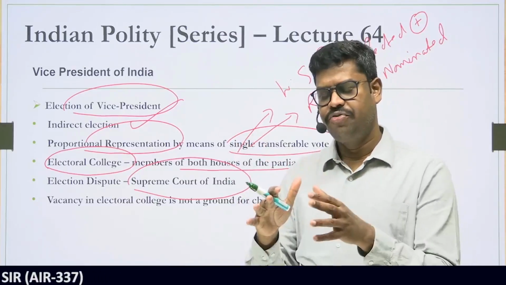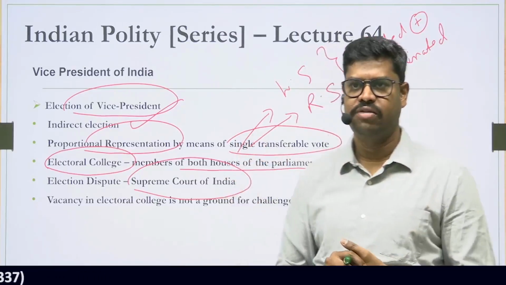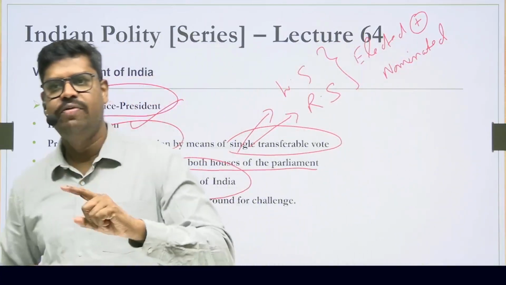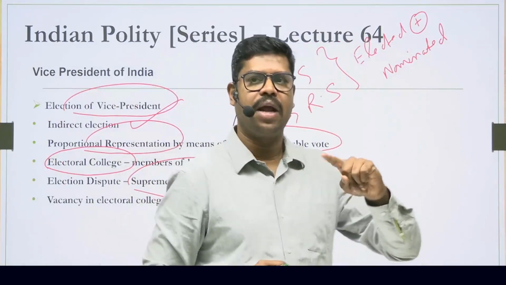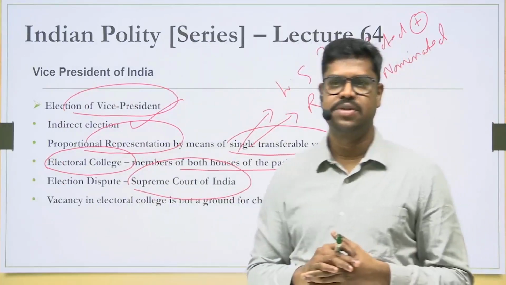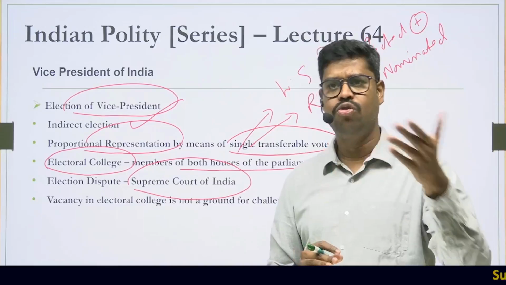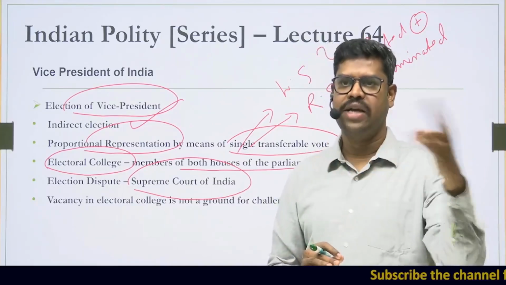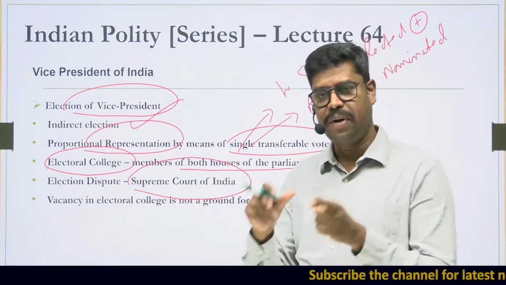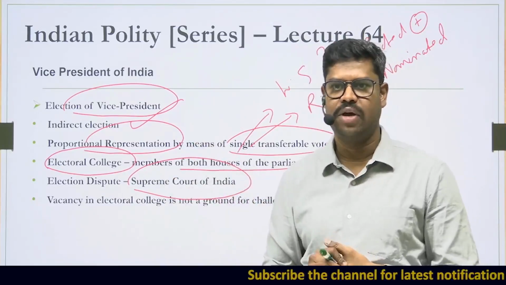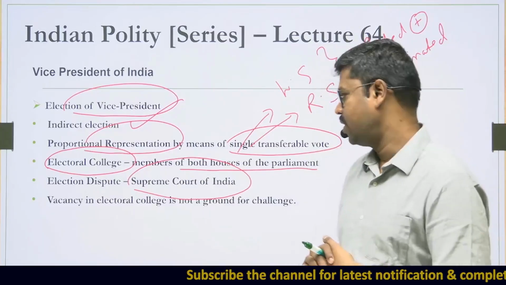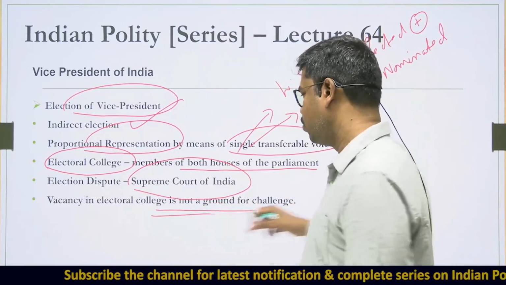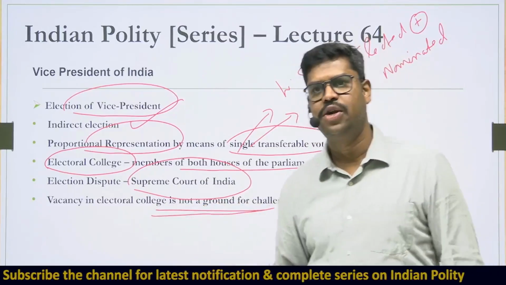And suppose the election of the vice president is declared to be invalid by the Supreme Court. This is also very important. What will happen to the prior actions that were done by the vice president? Will they continue to be valid? Yes, all those actions would continue to be valid. Only his election is invalid, not the actions that were done by the vice president prior to declaring the election to be invalid. So this is also something that you'll have to keep in your mind. So these are a few important constitutional dimensions or provisions that you may have to keep in your mind.